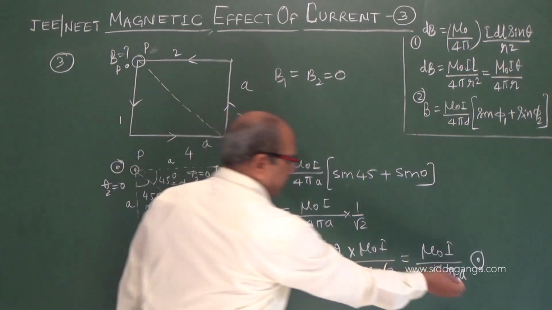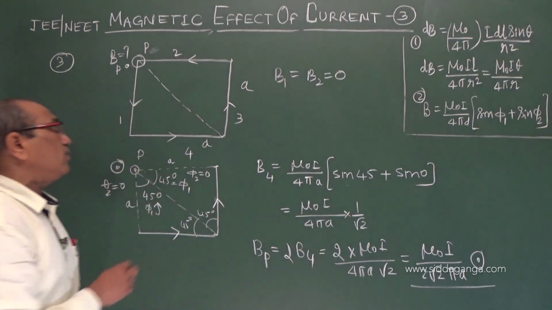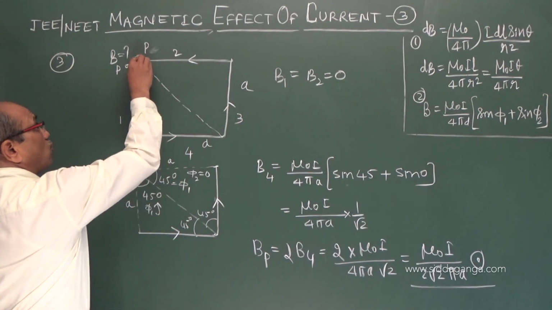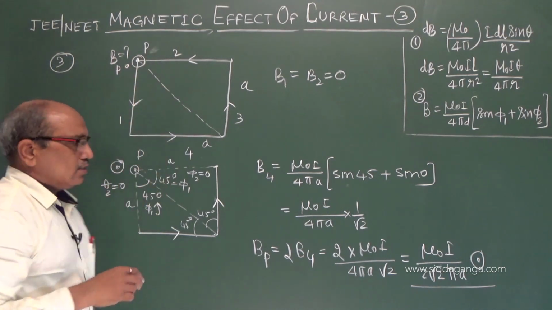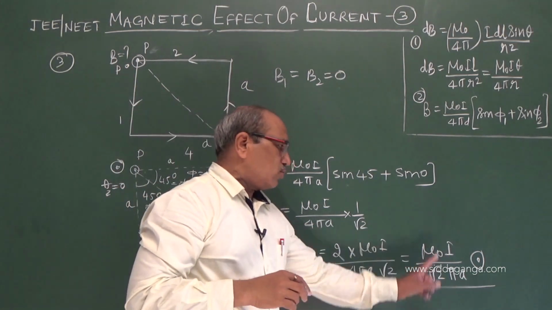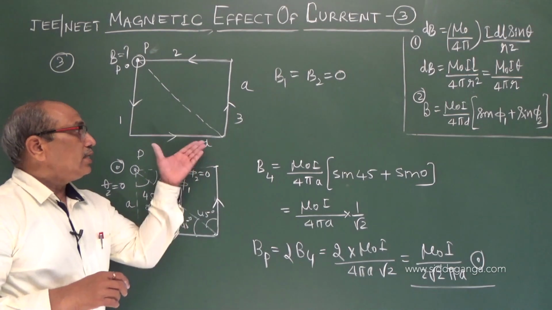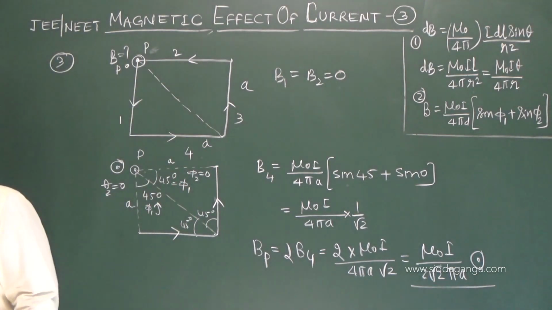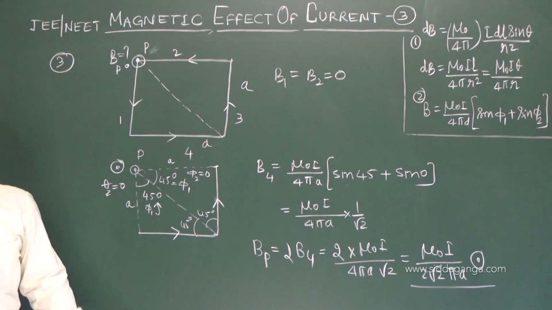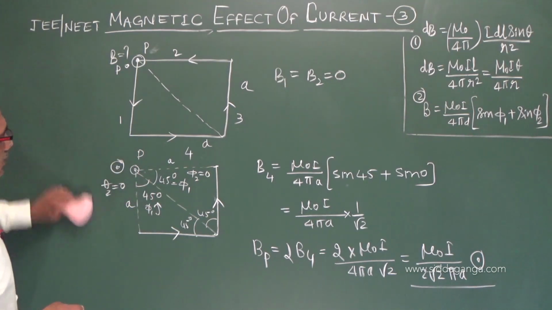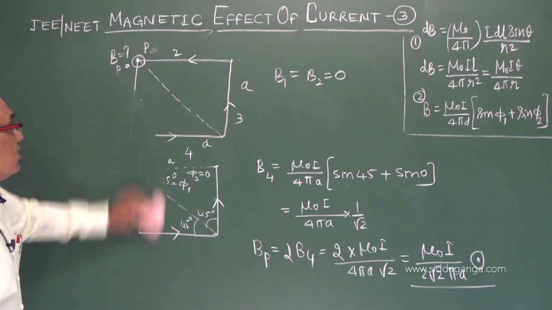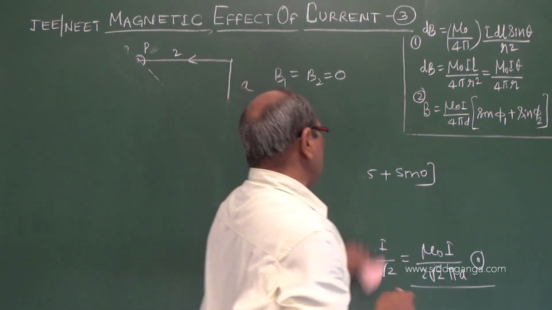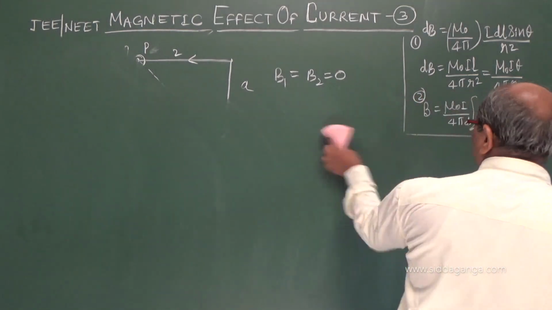We mentioned both the direction and the magnitude. If the entire loop is carrying current, but at the corner instead of the center, the value drops to mu naught I upon 2 root 2 pi A. In the case of a square, at one corner, we found the answer. Similarly, let us think of a small change in this. With small changes, the answer comes out different, though it seems similar.